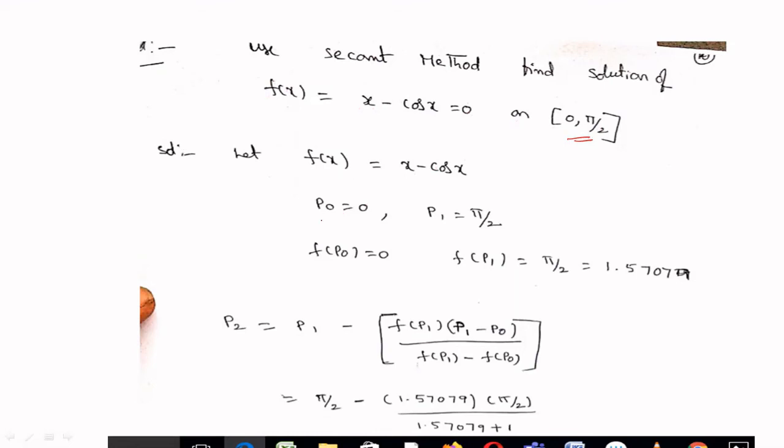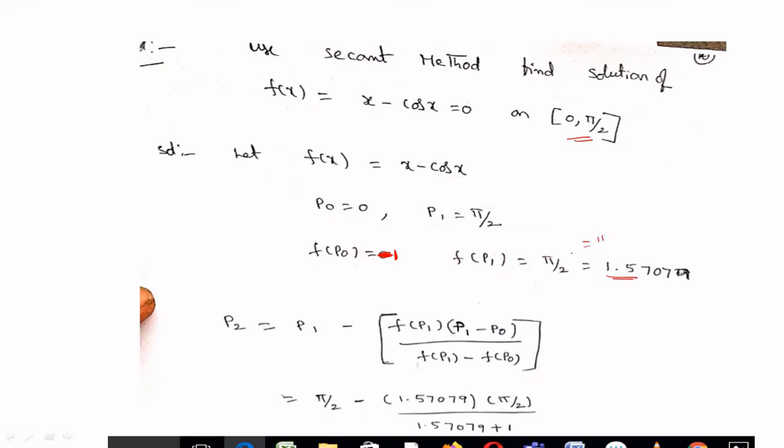So I am taking the initial approximations as p0, p1, whatever it may be, it is x naught, x1 or p naught, p1. It is only symbols. So p naught is equal to 0, p1 is equal to pi by 2. f of p naught is 0 minus cos 0 is equal to 1. Sorry, this is minus 1. Okay, and f of p1 is pi by 2 minus cos pi by 2,